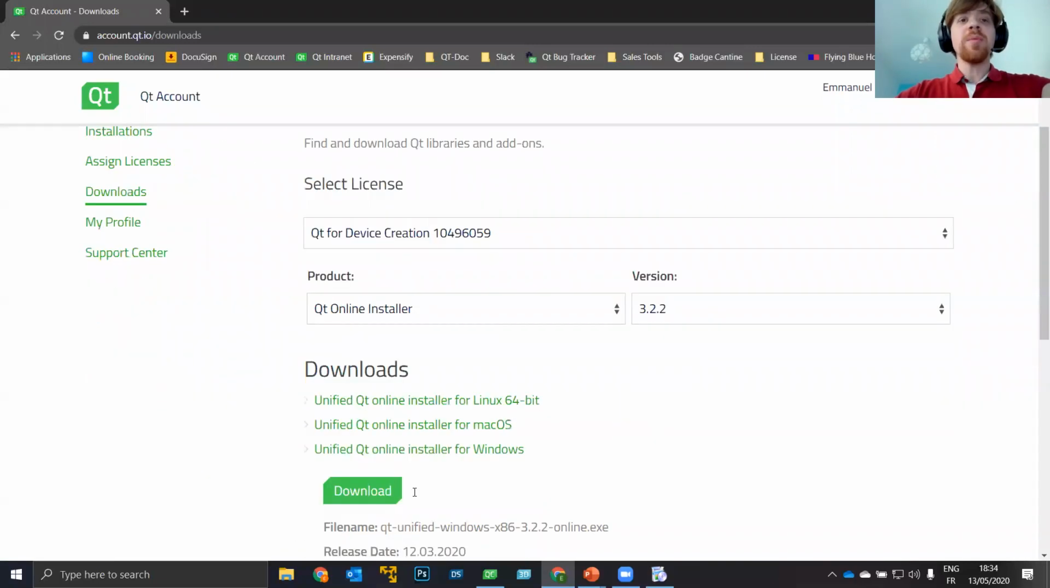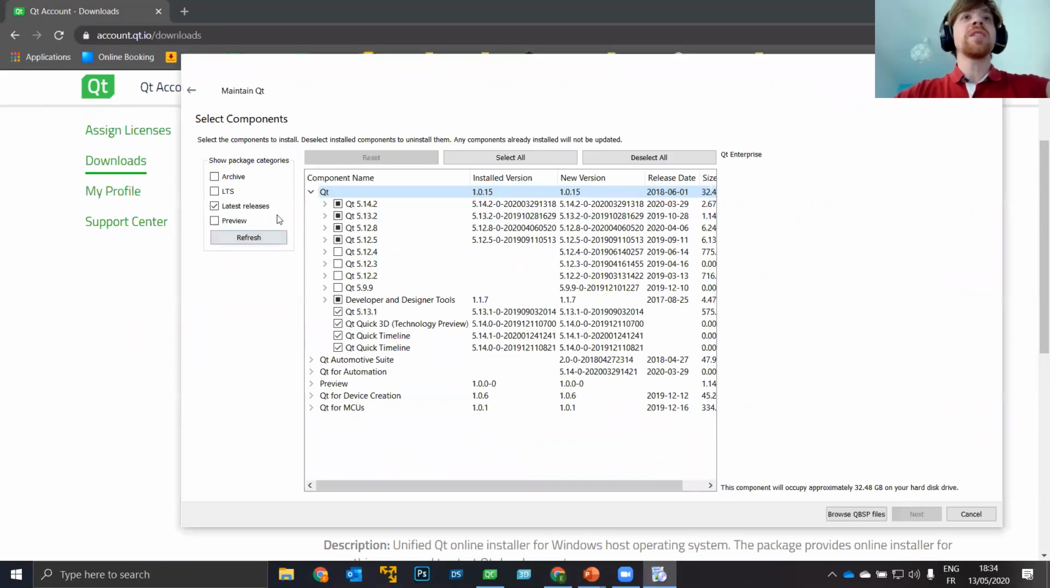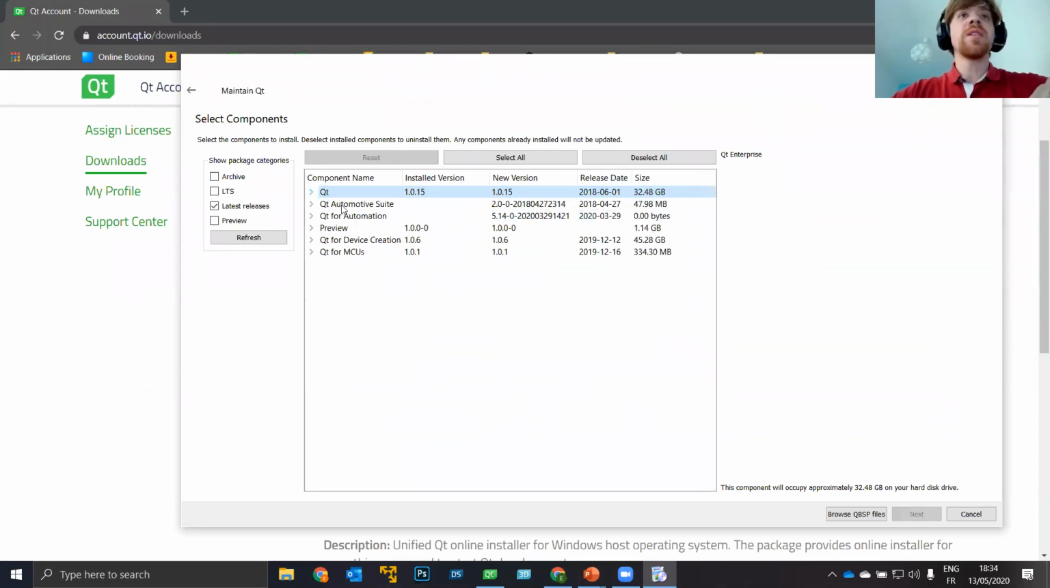So here is the first step. Please click on this online installer. After, you will get a file and you will execute this kind of maintenance tool. So I will just go a bit quicker here. It asks you where you want to put it. It asks you to log into your Qt account. And at the end, you appear here, and there is a lot of things that appear,